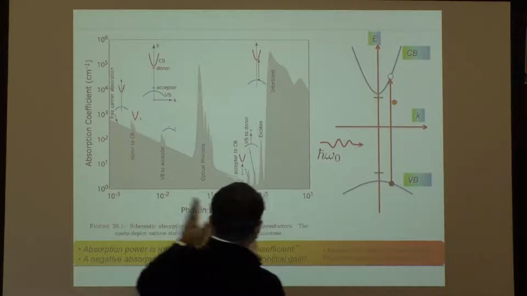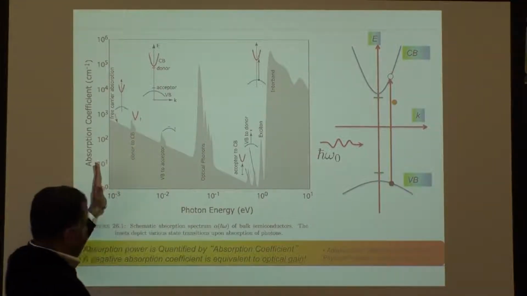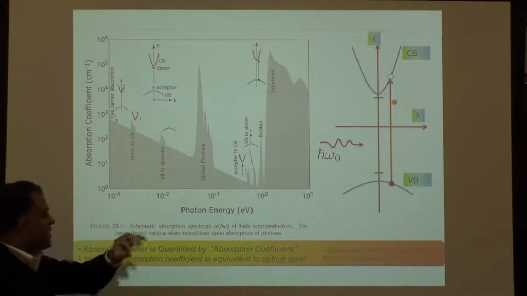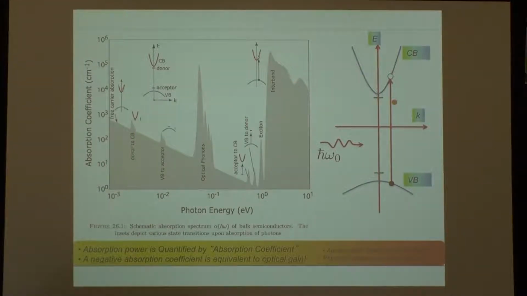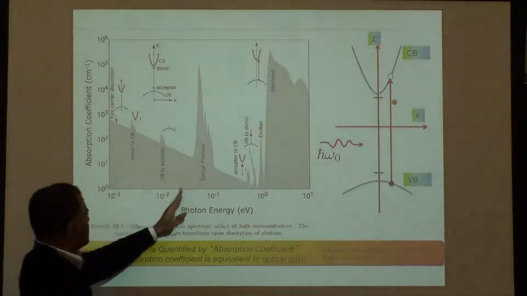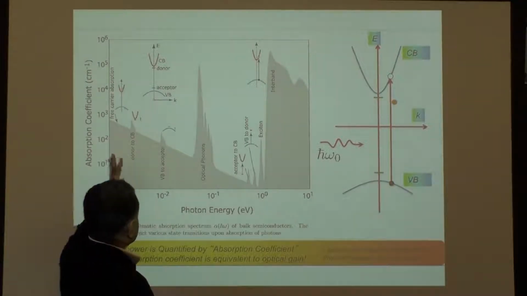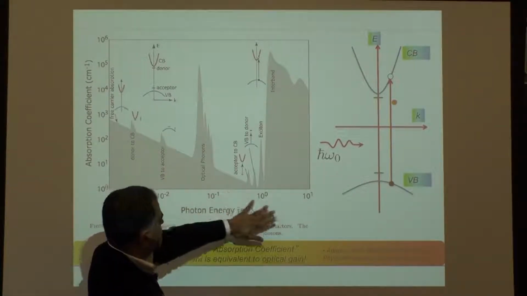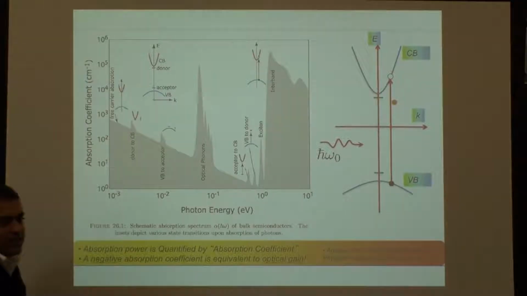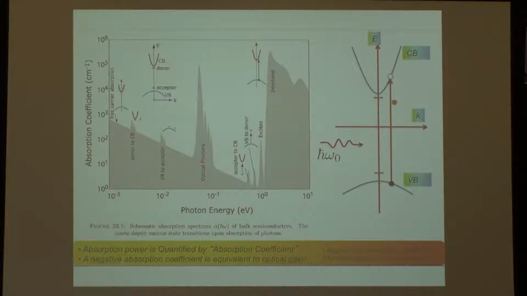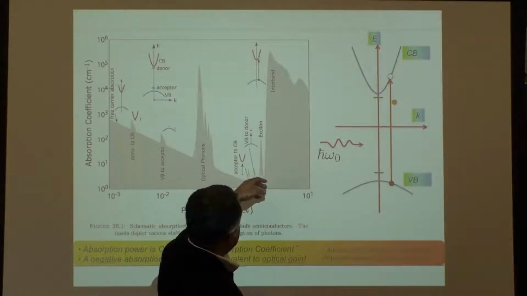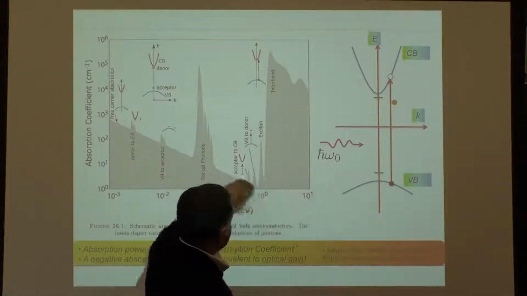and I start sweeping from very, very small energies, a few millielectron volts or very, very long wavelength deep in the infrared, almost microwaves, and then radio waves, and you reach visible at around a couple of electron volts. 2 eV is when you will reach visible wavelengths, the red and blue and all that. So typically band gaps of semiconductors are around that value,